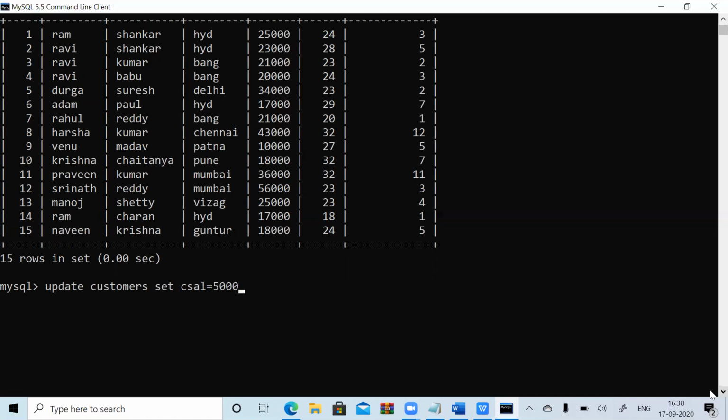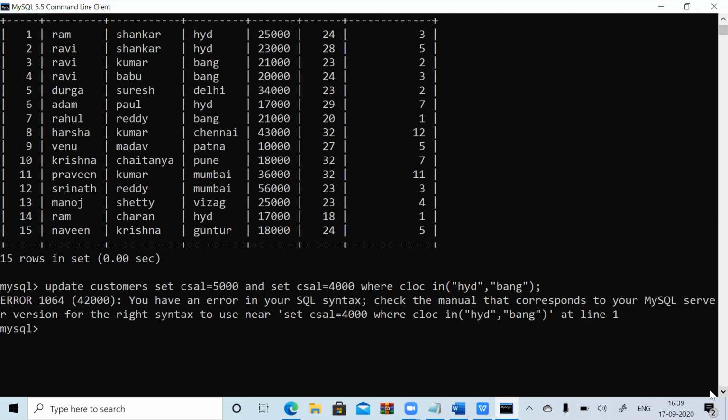Now there's a different parameter. So I want to write it like this: set CSAL equal to 5,000 and set CSAL equal to 4,000, where C location is in Hyderabad and Bangalore. It is not supporting.